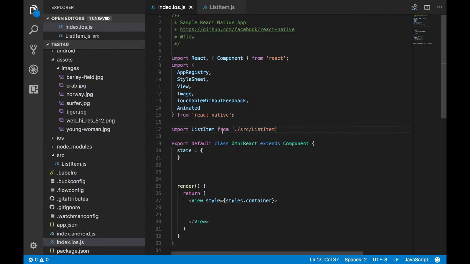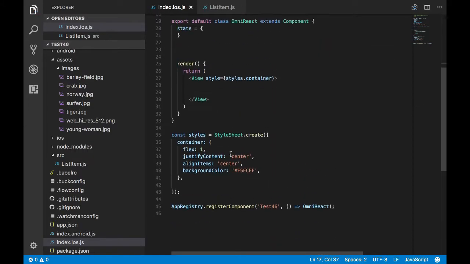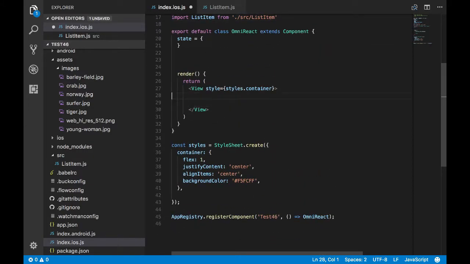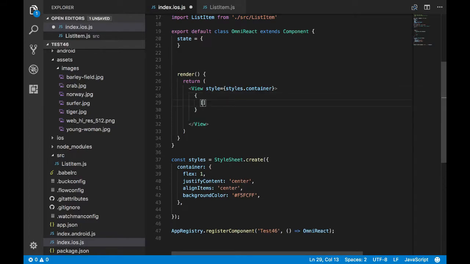So ListItem. And now what I'll do is I'll create a simple array of views. This is just to show you quickly. So you can do it like this. Here we'll have the list of strings. Basically those are the paths to the images which we have in our assets, so it is assets slash images slash